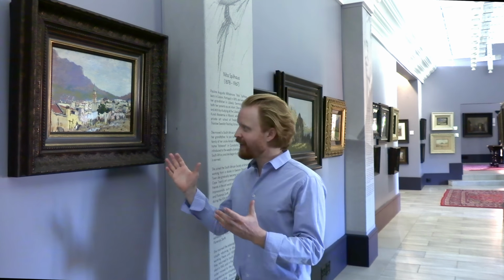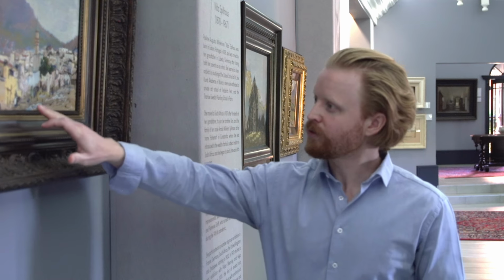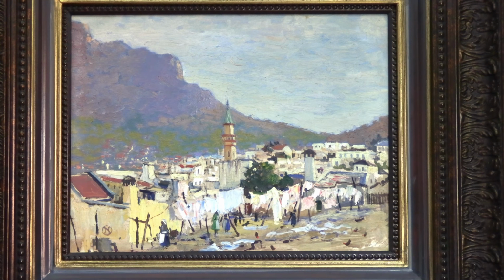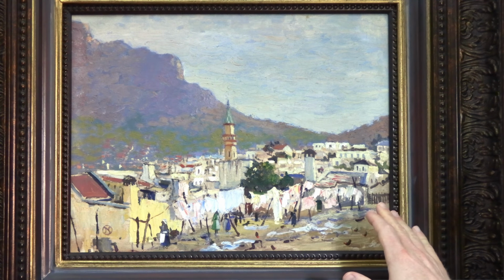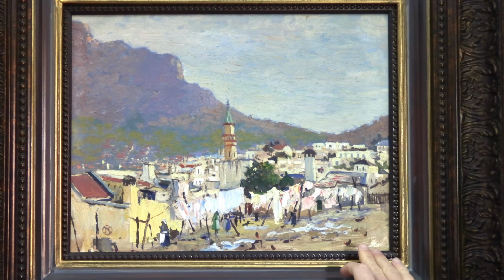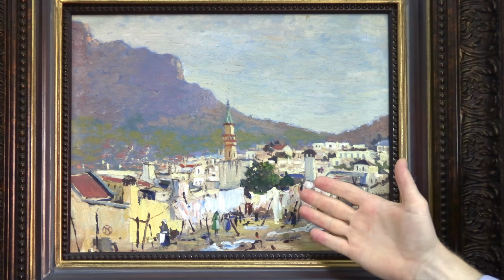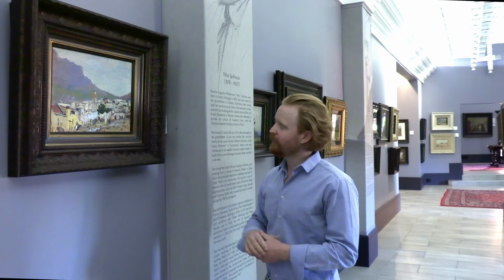It shows a wash day in the Bo-Kaap area. There's lots of activity in the foreground. You'll see the women sort of walking amongst the laundry, these sort of rickety lines all around them. Chickens sort of scrambling around again in the foreground, described with just little flashes of brown and red. You'll notice, of course, the dominating compositional element in the center, this wonderful